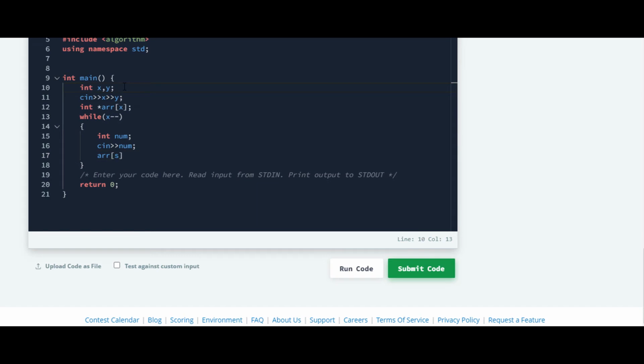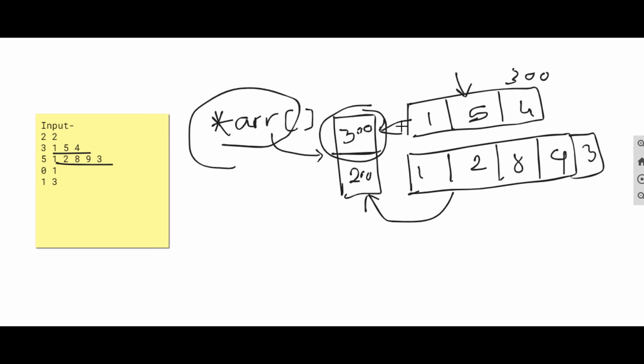I'll just explain, and we'll initialize it to 0. ARR of s is equal to new int, and the size of this will be num, as I have told you. So what this will do is create another array, which is this array at this position.